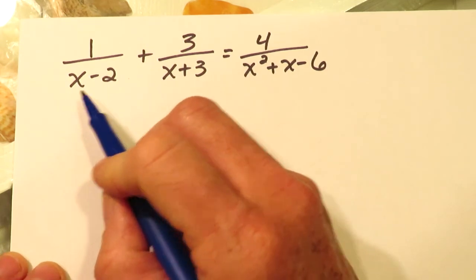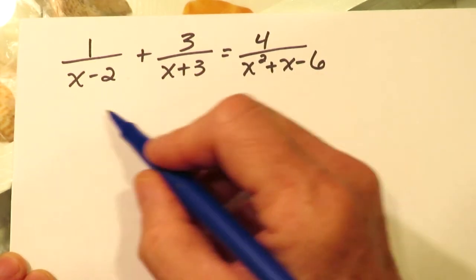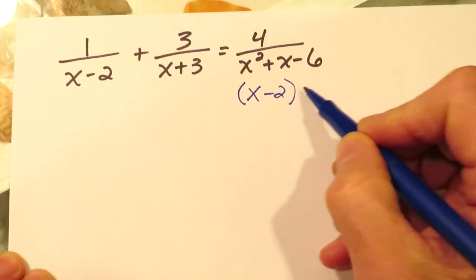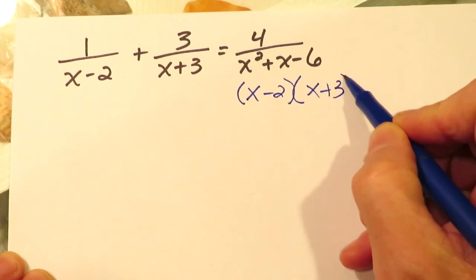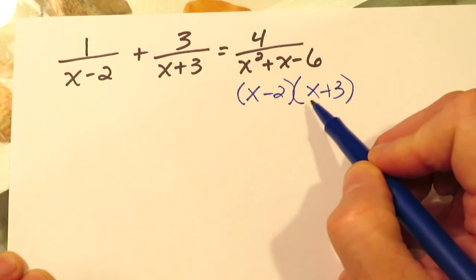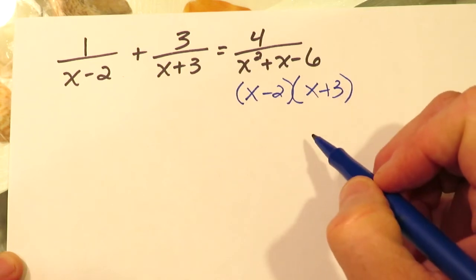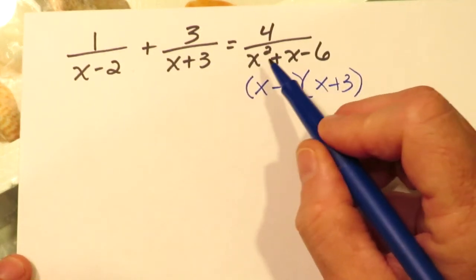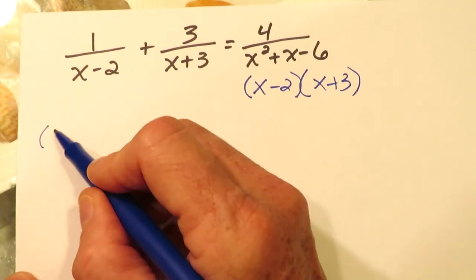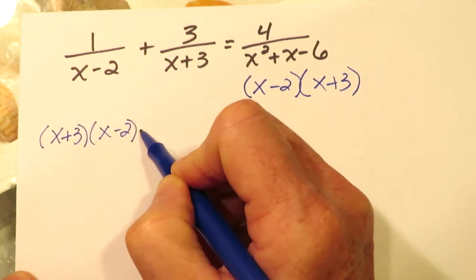So I'm going to multiply both sides by the common denominator. And so my common denominator actually is x minus 2 times x plus 3, because this factors to be x minus 2 times x plus 3. Notice x times x is x squared, and then 3x minus 2x is 1x, and negative 2 times 3 is negative 6. So this denominator is the product of those two. So multiplying both sides by that common denominator,